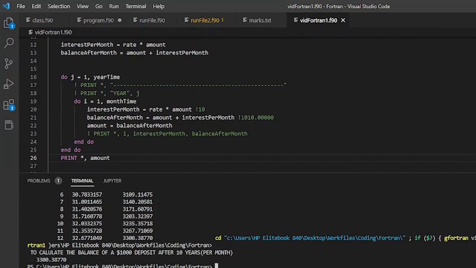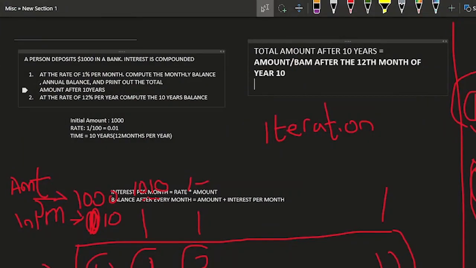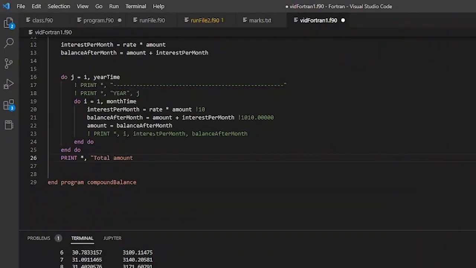Okay, we can see that the final amount is $3,300.3877. Now let's make that more appealing. Total, or what was the question? Total amount after 10 years. Total amount